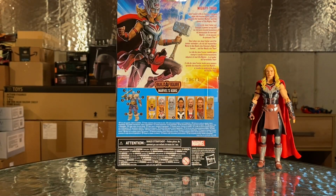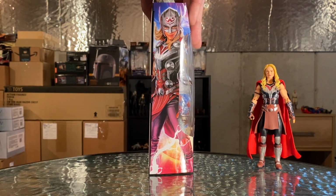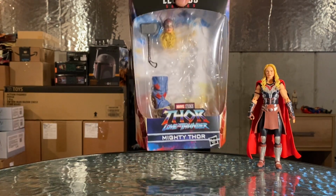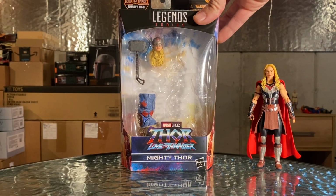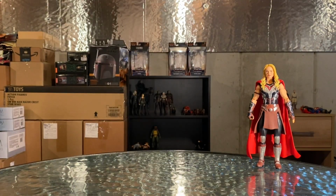And let's go ahead and get a look at this bio here. It reads, Mighty Thor. Jane Foster's life is forever changed when she mysteriously comes to possess the hammer Mjolnir and the power of the mighty Thor. I am really excited to see what Taika Waititi does with this. But yeah, let's go ahead. We've got that image once again on this side. And then one last look at the front of the packaging there. So without any further ado, let's go ahead and get this box out of the way and check out Jane